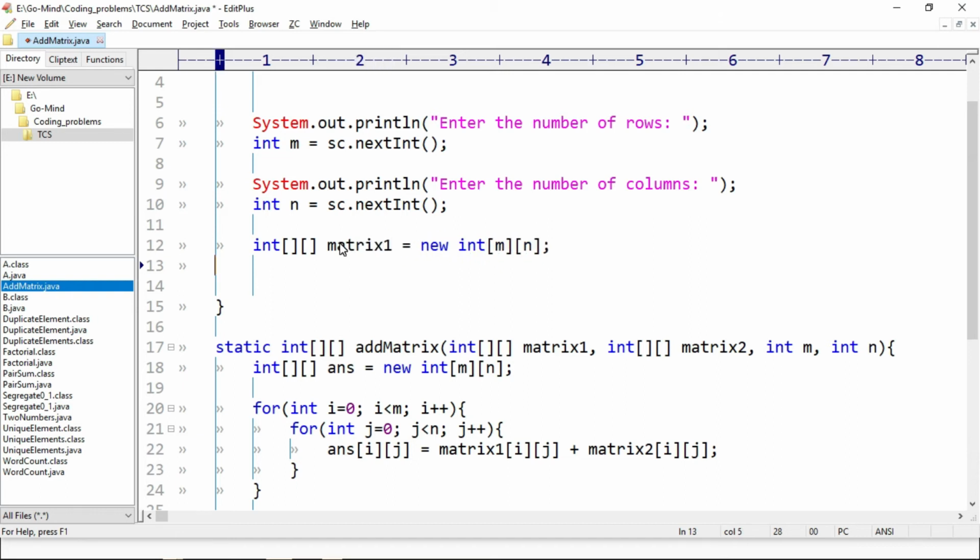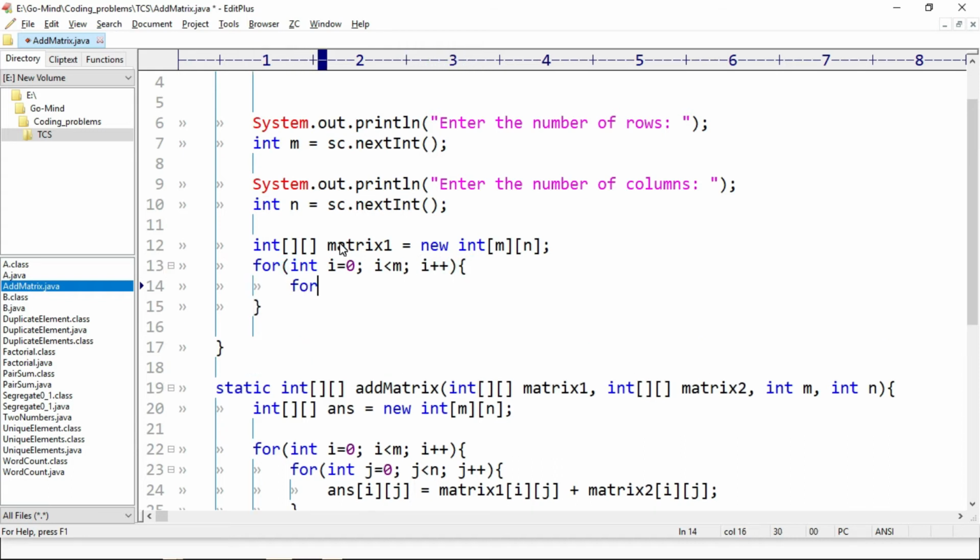This is our matrix 1. Then using for loop int i equal to 0, i less than m, i plus plus. This is for rows, and a nested loop for columns. Int j equal to 0, j less than n, j plus plus.